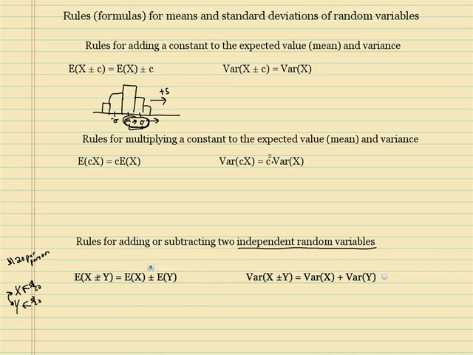Now if you look, I got a plus or minus here, an equal sign, and a plus or minus. Here I have a plus or minus, an equal sign, but this is just a what? That's just a plus. Because the definition of variance is how much variability you have. If you have one random variable with a lot of variance, and another random variable with a lot of variance, you can't subtract the two and get less variance. If you have variance in one probability table, and you have variance in another probability table,